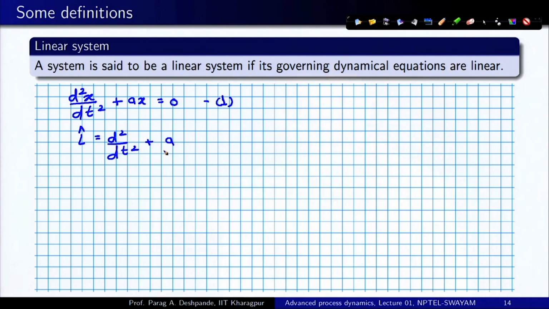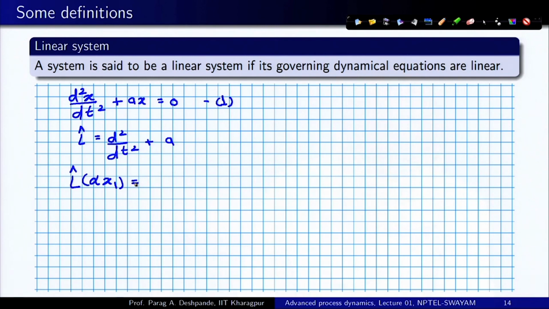According to my second property, if alpha is any member of the field over which the solution space is defined, then if I operate L on alpha times x1, where x1 is any solution,